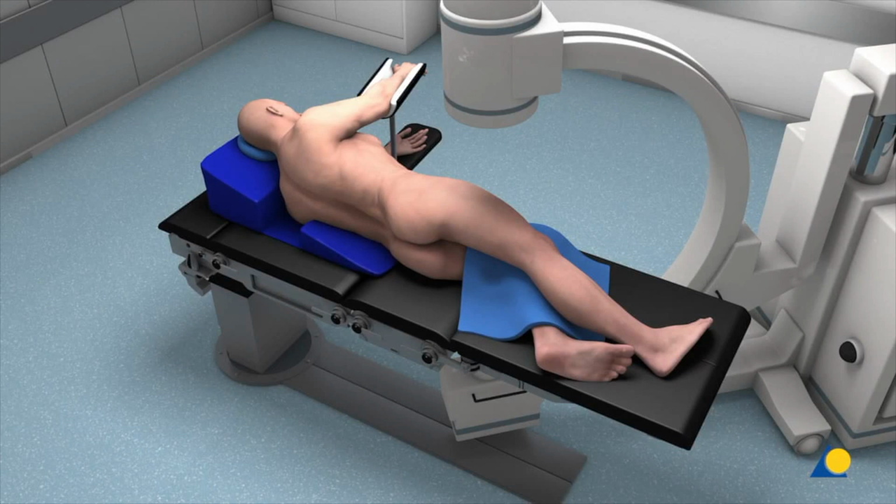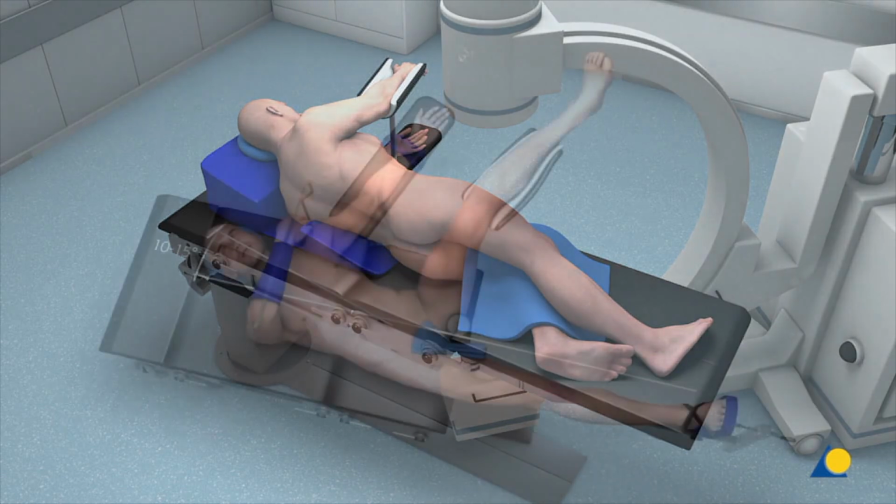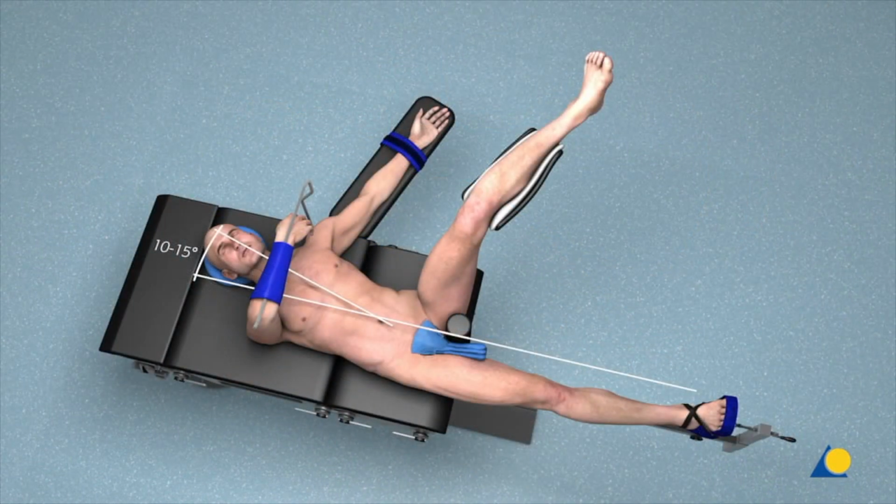In the lateral decubitus position, the patient is positioned lateral with the ipsilateral arm in an arm sling. Padded cushions are placed under bony prominences. In the supine position, the upper part of the body is abducted approximately 10 to 15 degrees to the contralateral side, or the affected leg is adducted by 10 to 15 degrees to allow for unimpeded access to the medullary